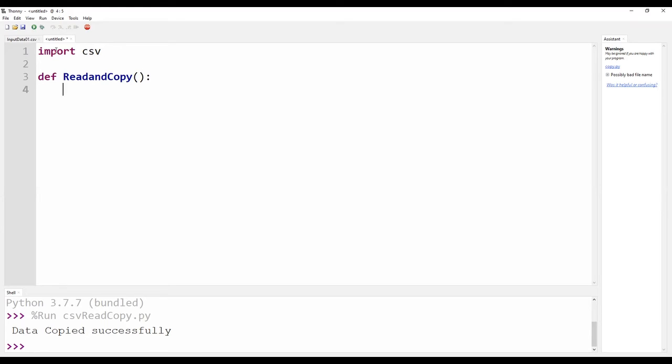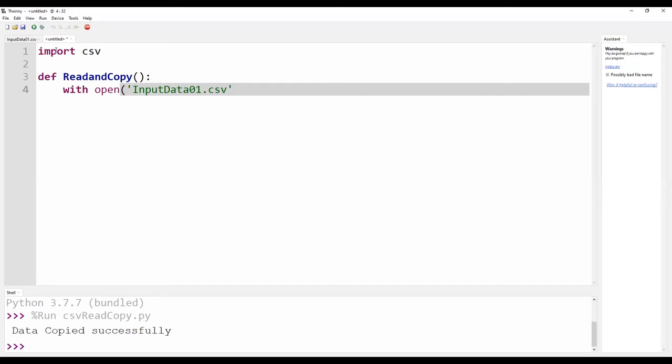The first step is to open the file where the data is present. The data is present in input_data_01.csv. Since I am reading, the mode is not necessary. If you want to mention it, you can.